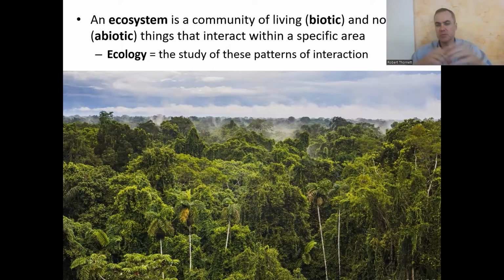The living things in an ecosystem are called the biotic elements, and the non-living things are called the abiotic elements. The study of the patterns of interaction, meaning the connectivity between all these elements in an ecosystem, is called ecology. If you have a mind that's geared for connections, you might want to look at the study of ecology. Geography is also very much about connections. Its topics and subjects are about connectivity. We say it's holistic, like a big picture. We see how everything fits together.